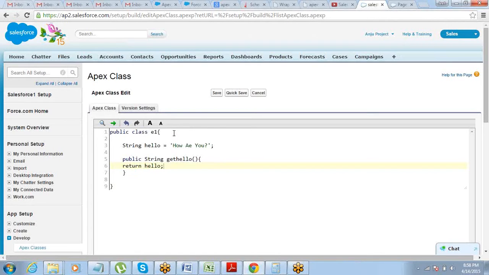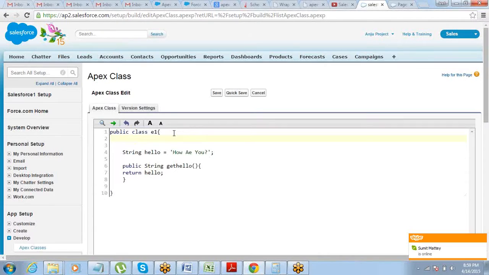So this is the class that we have created, exactly the way we create a class for a custom controller, right? So you create this class and there's one more line of code that you have to do.